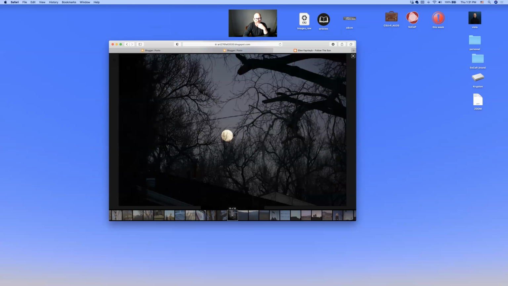This is kind of interesting as well because you're using the backlighting here of the moon and creating those textures. The business with the buildings down here are not necessary. If we did not have those in the shot, I think you'd have an improved image. And the power lines are the bane of our existence, right? In terms of photography, you can't get rid of them. You have to work around them. But certainly if this was just the